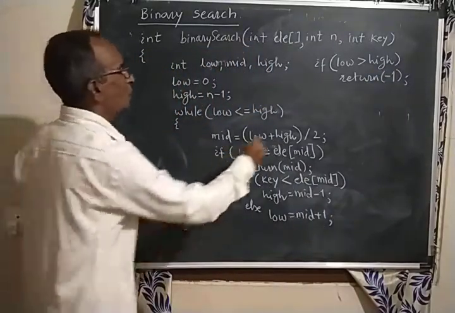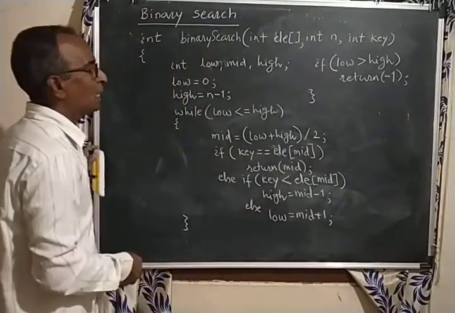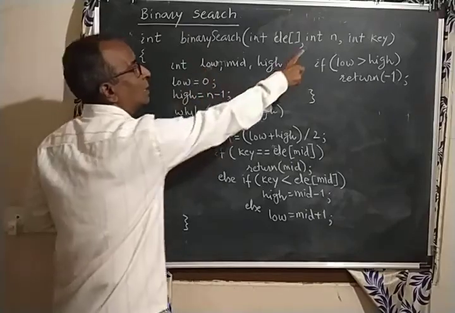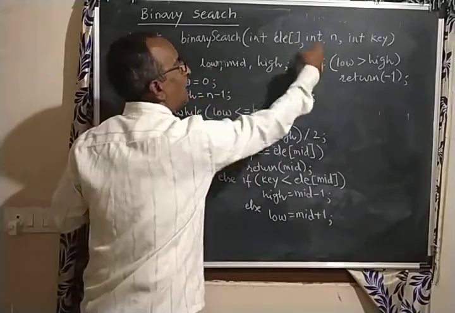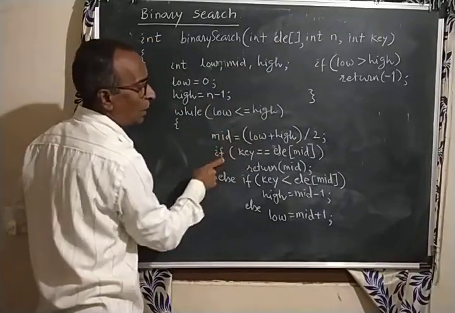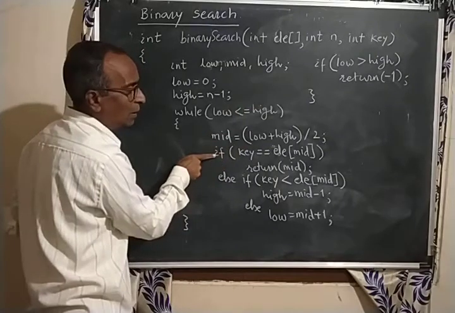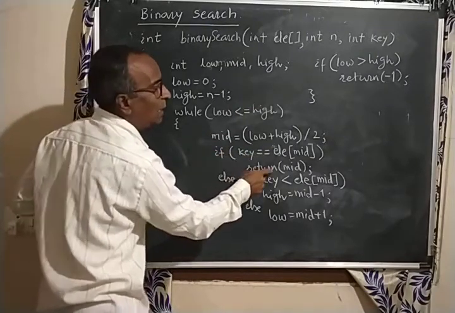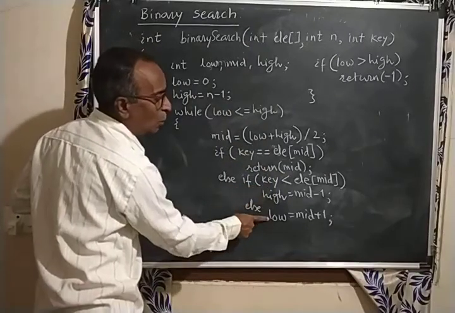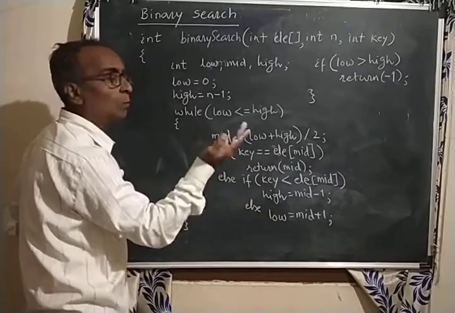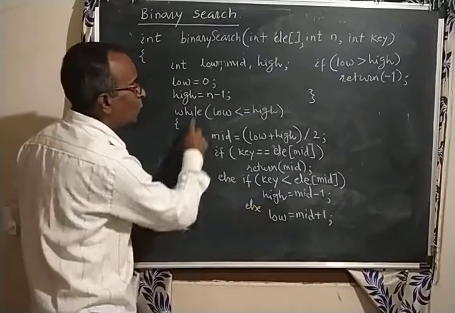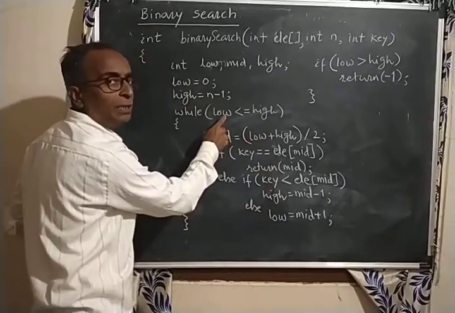Are you getting this? What exactly are we doing here? We are giving the initial value of low as 0, high as n minus 1. Last index is n minus 1, where n is the number of elements in this list. When low is less than or equal to high, mid is calculated. It is compared. If equal, from here only you can directly return the mid value. If not, either high is changed or low is changed, depending on where the element may fall, right hand side or left hand side. This will go on continuing until this condition is true.